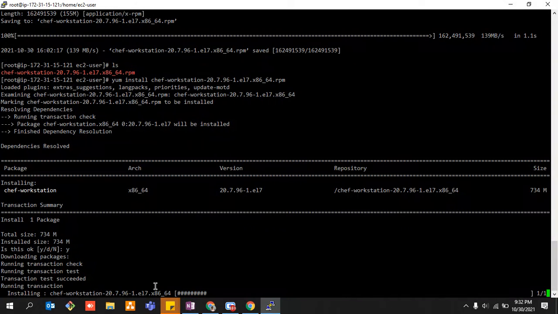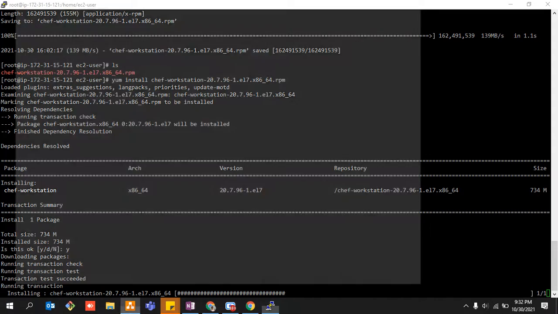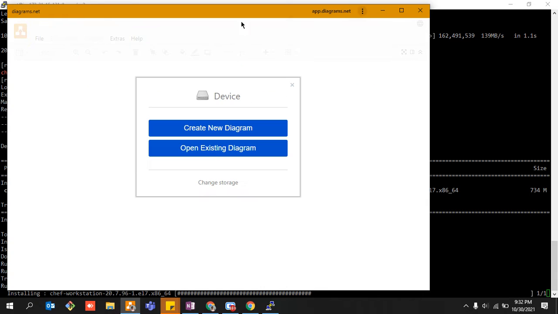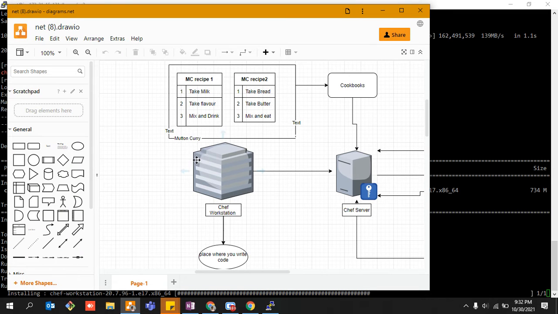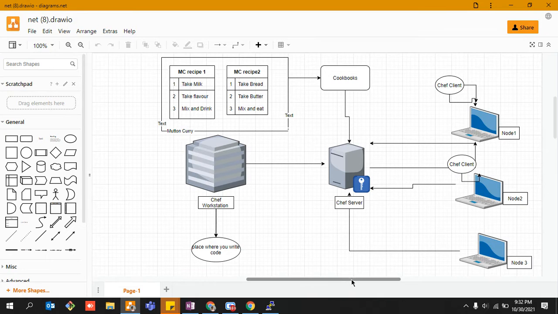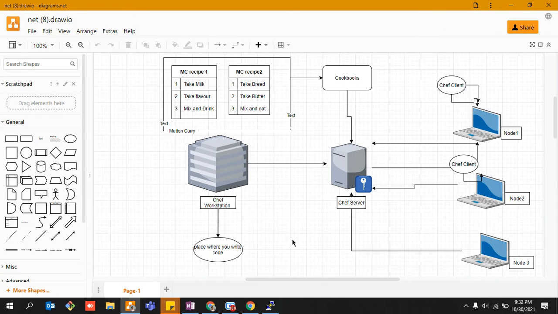I'm going to make my cookbooks, that is outer directory. In my previous lecture I think I've shown you guys. Again, I know there are some people just like me, who do not see the previous lecture and want to learn each and everything in just one go. So guys, this was the last to last lecture. I think I covered it all. This is the mutton curry recipe, and this was the outer cookbooks.